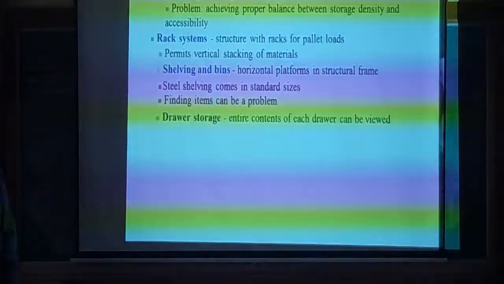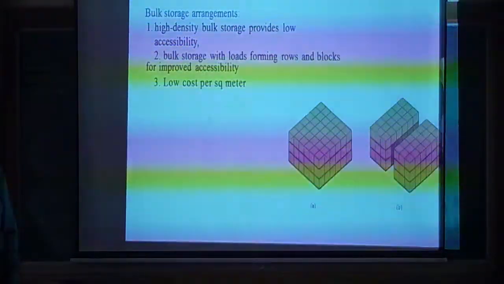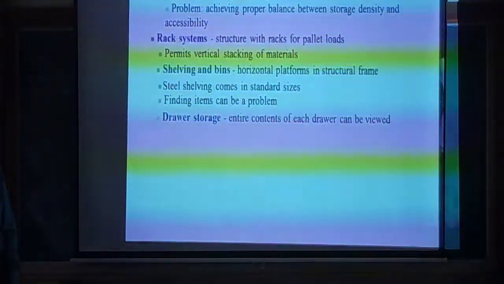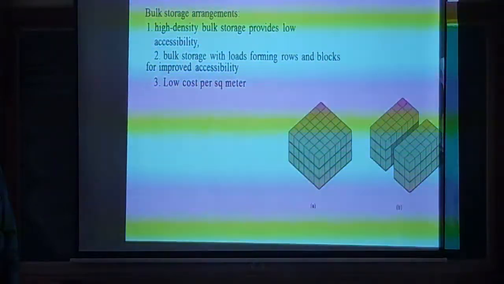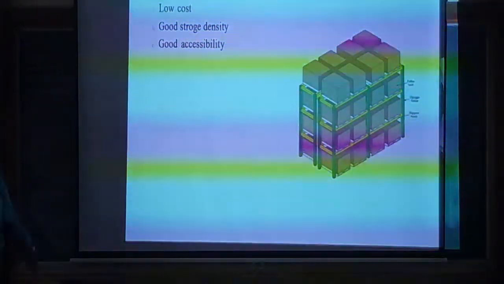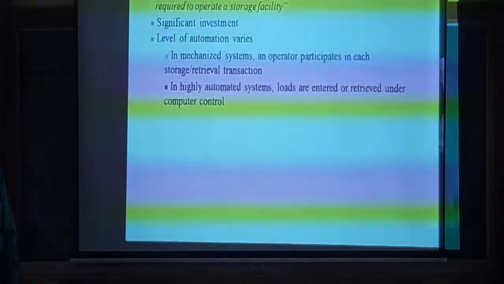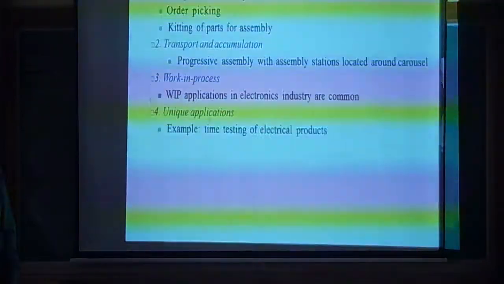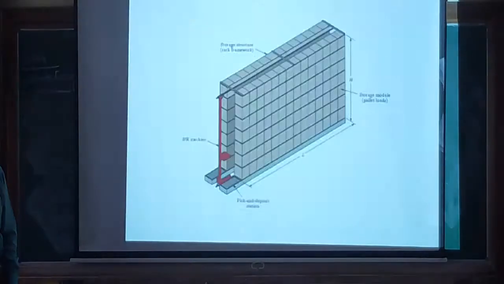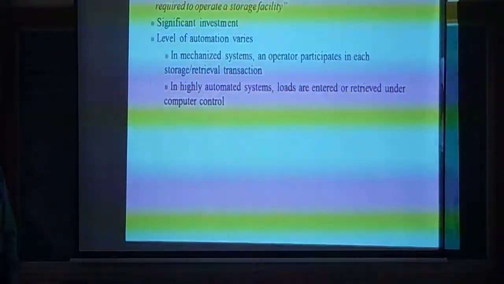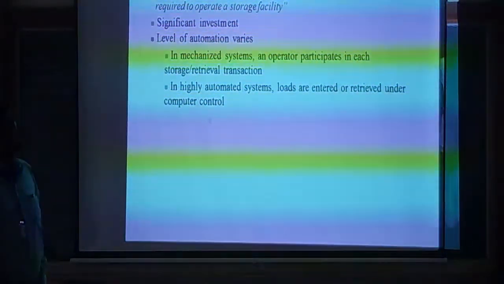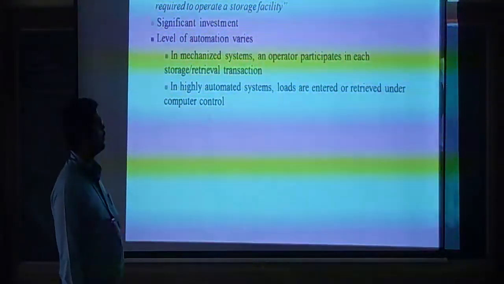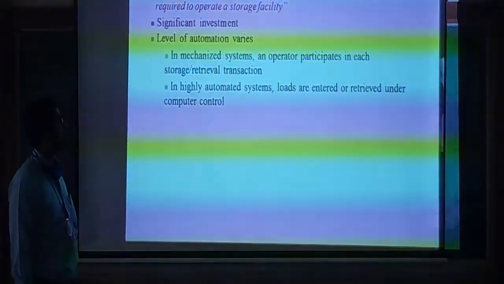And the conventional storage methods you have seen: bulk storage, rack system, shelving and bins, drawer storage. Till here I have completed the conventional storage methods, bulk storage and the pallet rack system. This I have explained, drawer storage, and automated. Now from automated storage system, this is what I'm going to explain today, that is the automated storage system. So in the automated storage system, this is mechanized and automated storage equipment to reduce the human